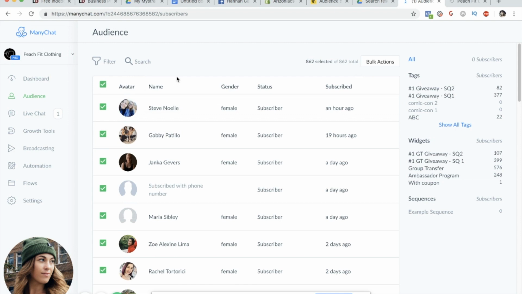So you ultimately want to get their phone number, or you want to get their email address or some other form of contact information where you could deliver them a message outside of the realm of another platform that you're not in control of. So with that being said, I use chatbots to get them not only to my chatbot, but also I get their email information from my chatbot.